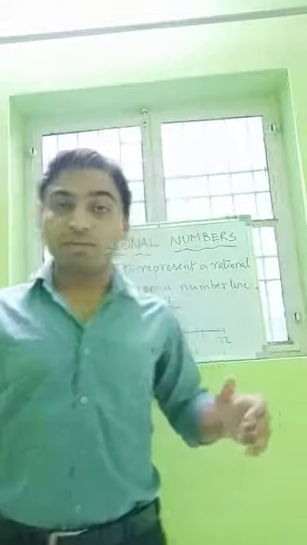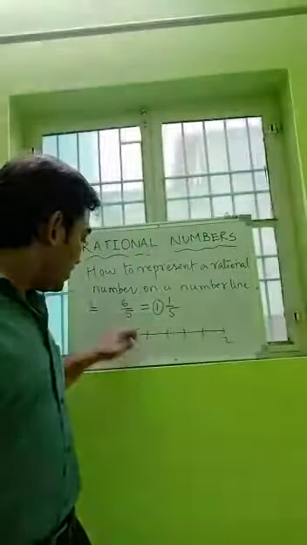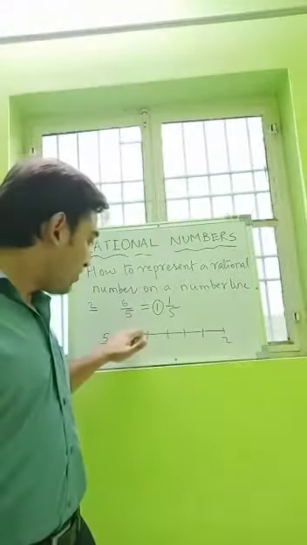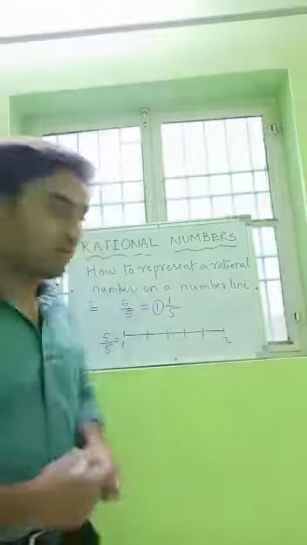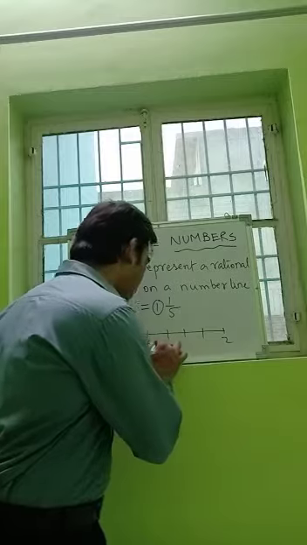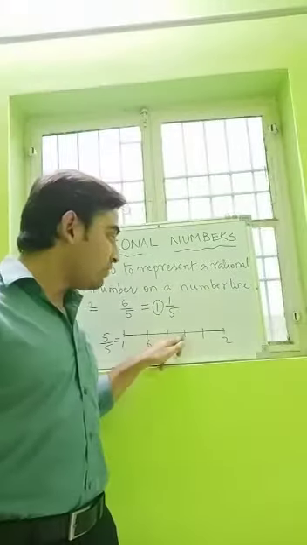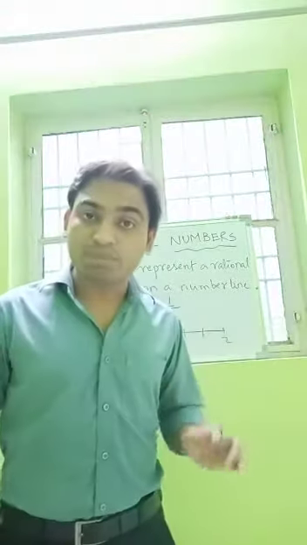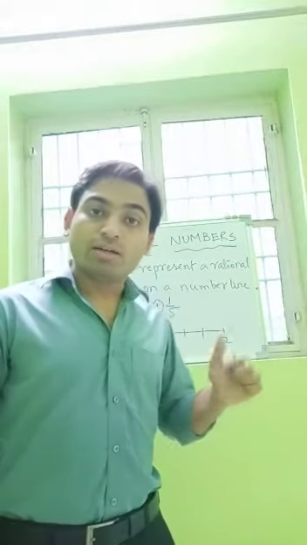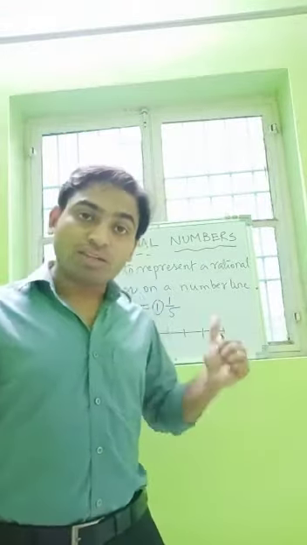Now we divide the given number line in 5 parts. See, it is 1 and it is also 5 upon 5. The next point which comes after 5 upon 5 is, yes, 6 upon 5, then 7 upon 5, 8 upon 5 and 9 upon 5. So no need to write those ratio numbers because we want to only represent 6 upon 5 on the number line. And therefore, 6 upon 5 is lying where on the number line? Here. So this is the position of 6 upon 5 on the number line. You can note it.